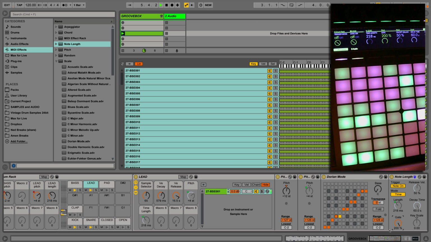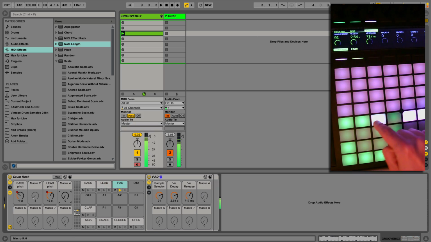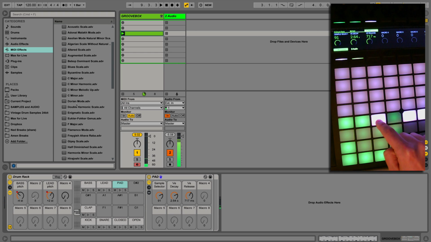Not the result I was expecting. I've changed my mind. Okay, so right. Changed my mind. Okay, let's go back to the pad. Let's do the pad now. Let's go to the pad, and I'm going to put